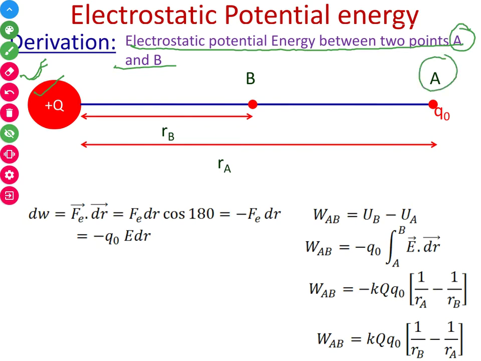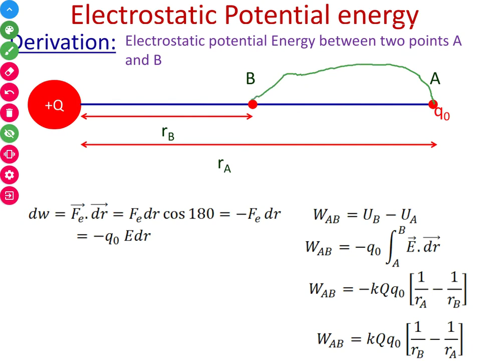This is point A and this is point B, and we have to find out the electrostatic potential energy between these 2 points. And we know that if somehow we find out the work done to bring that test charge Q0 from A to B, and if we calculate that work done WAB, that is the work done to bring Q0 from A to B, then